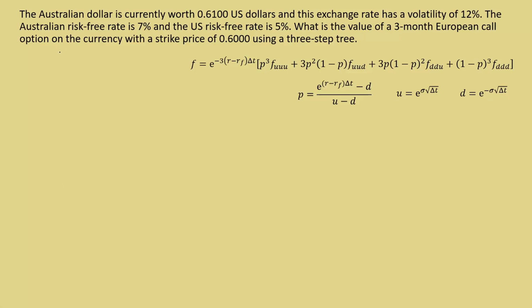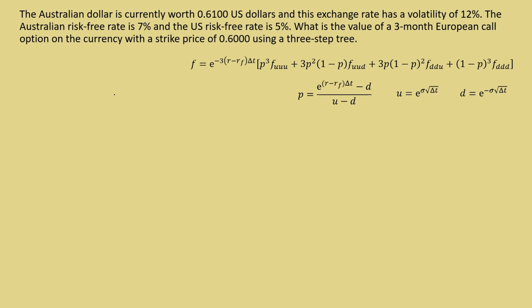So today we look at how to price an option on a currency. The exercise reads, the Australian dollar is currently worth 0.61 US dollars and this exchange rate has a volatility of 12%. The Australian risk-free rate is 7% and the US risk-free rate is 5%. What's the value of a 3-month European call option on the currency with a strike price of 0.6 using a